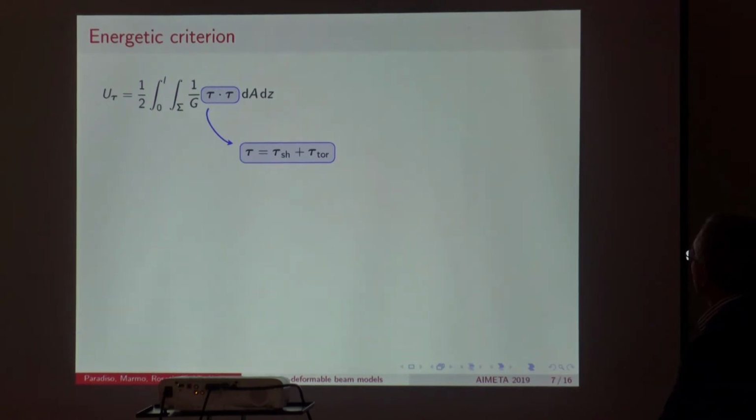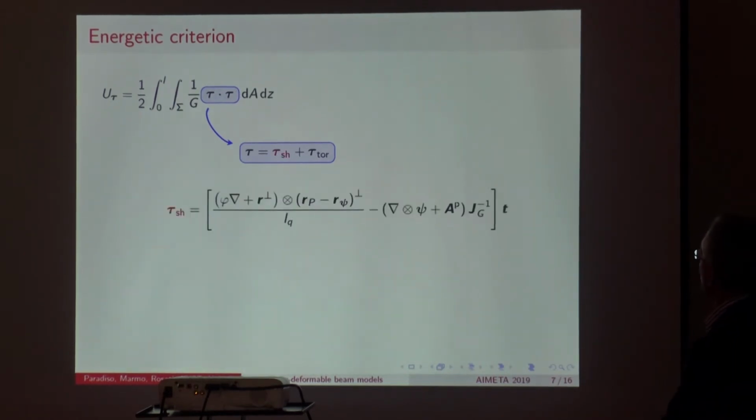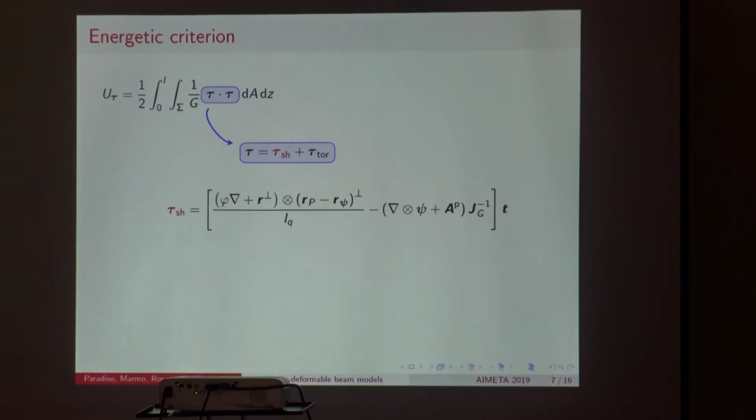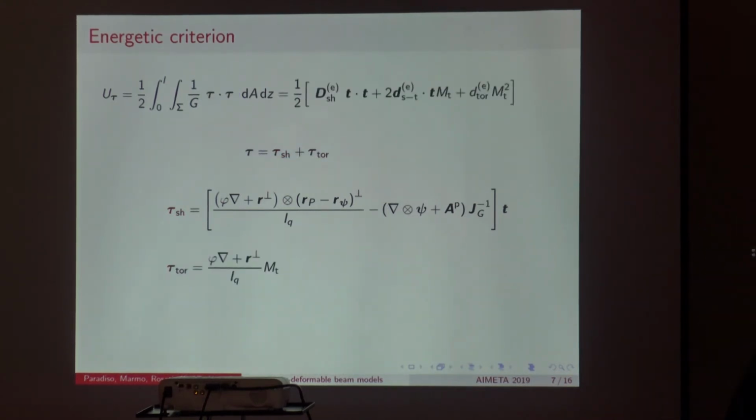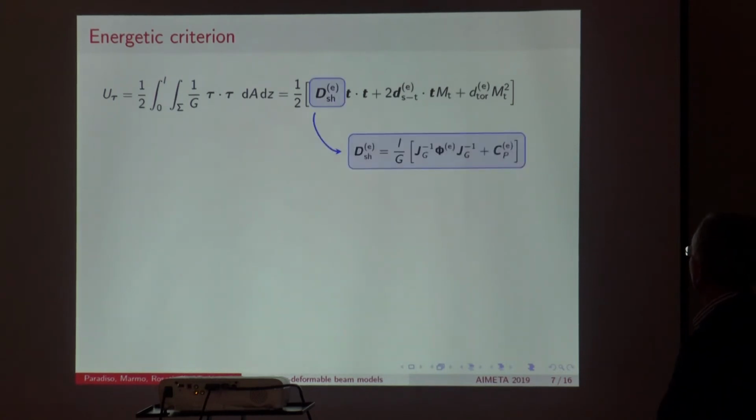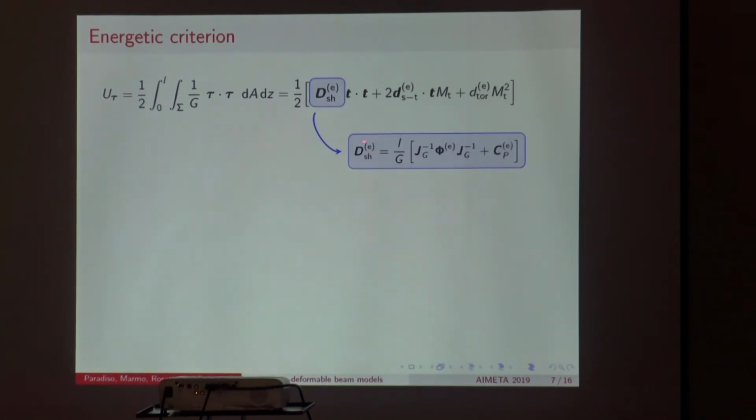So if you make some computations and you divide the shear forces in the two addends due to shear and torsion, you get this expression, and you can evaluate internal energy in this form. You can synthesize this expression by writing this 2x2 matrix, which is obtained in this way. Jg is the inertia tensor. Phi E is a tensor which depends upon the